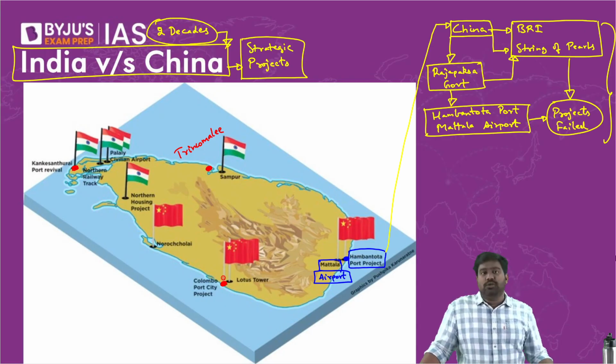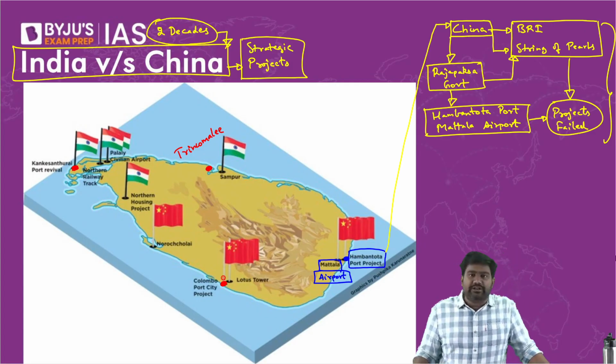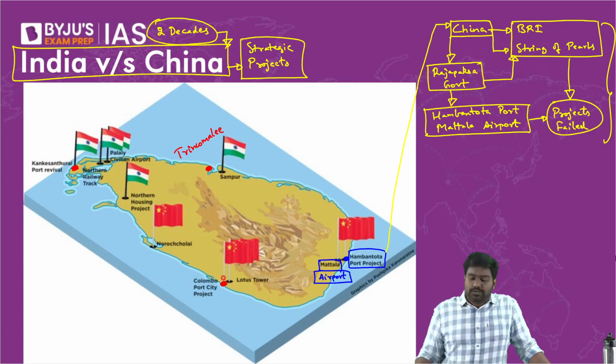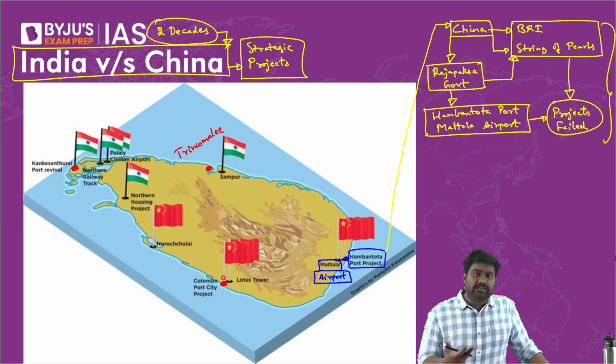Today it's called one of the world's most silent airports because for many, many years, not a single flight has taken off from Mattala. So the Indian assessment was absolutely correct that these projects were not viable financially. It will not generate revenue, it will not make profits. So then why did China invest in this? Was China so foolish not to see this? If India could see that it was not viable, didn't China conduct a similar assessment?